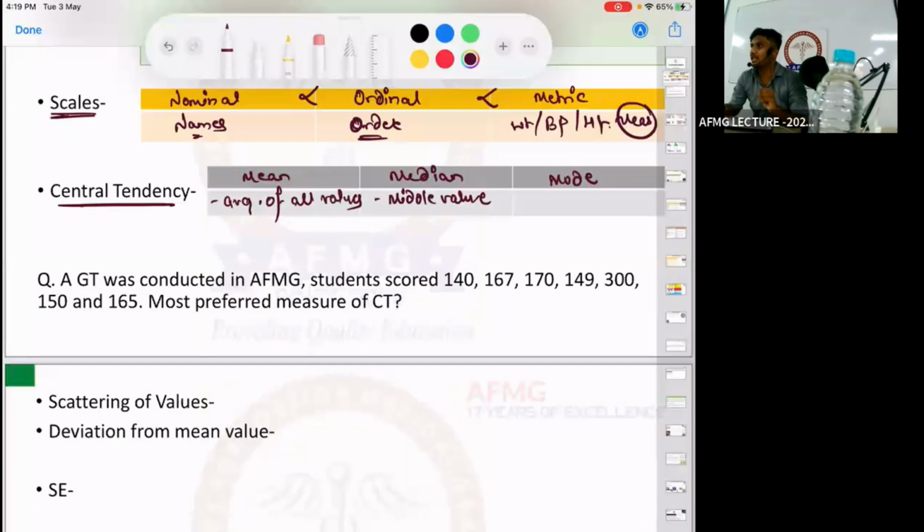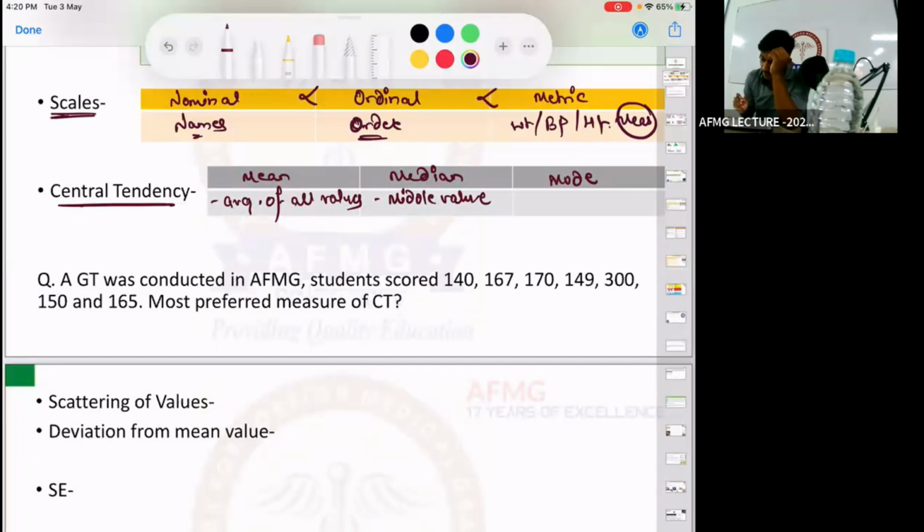So in questions usually they give you, like, the next question is in a class all the students score these many numbers, but they are random. Okay, they are not in a sequence. They are not from low to high or high to low. So first, if they ask you to calculate the median, you need to first arrange them in either the ascending order or the descending order. And then you will look at the middle value, which is known as the median.